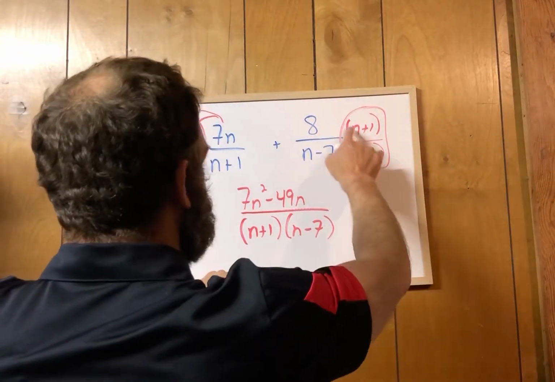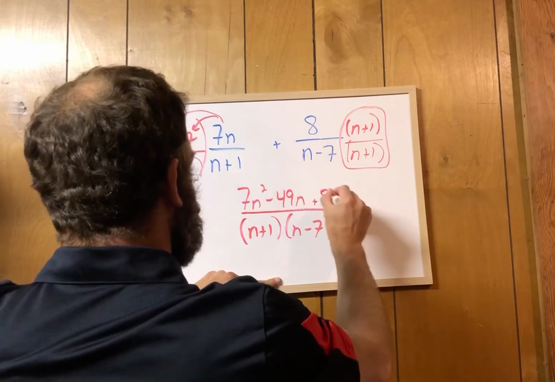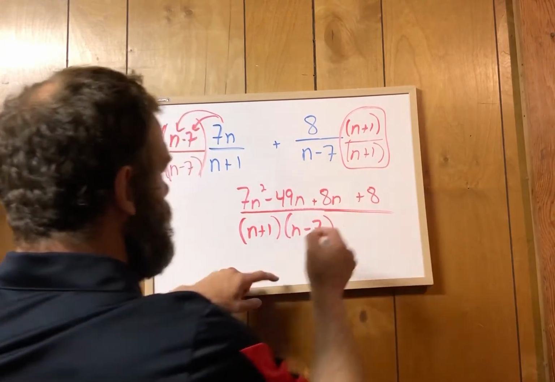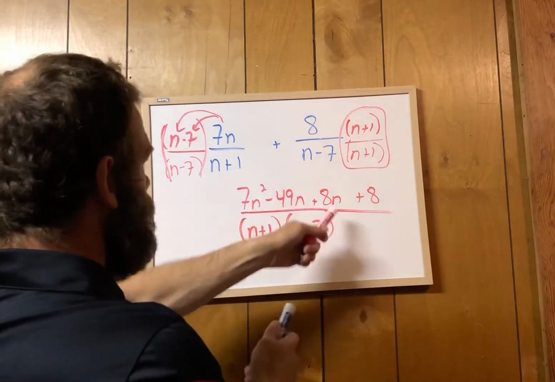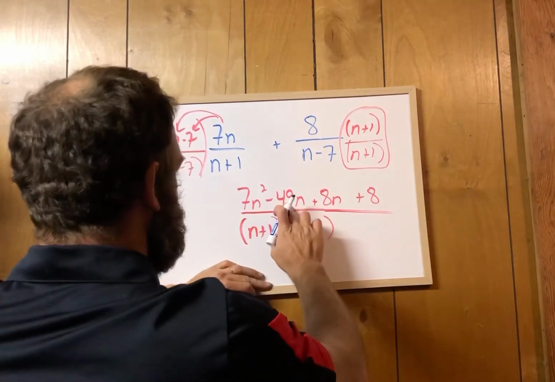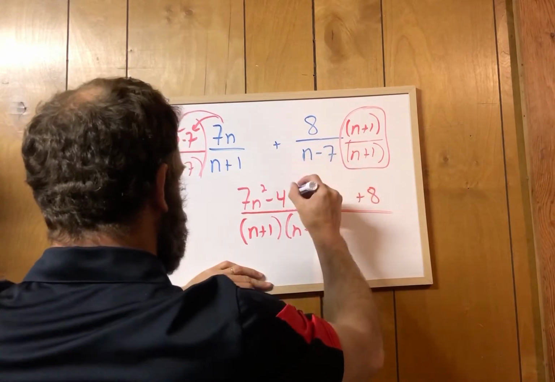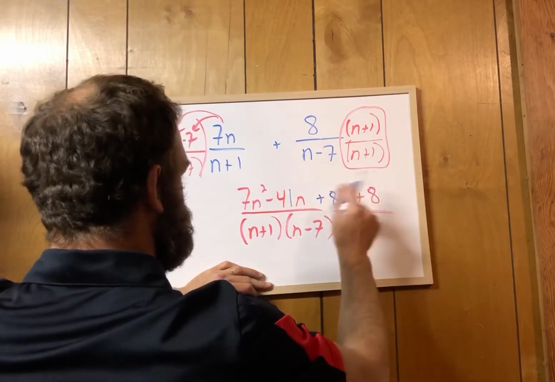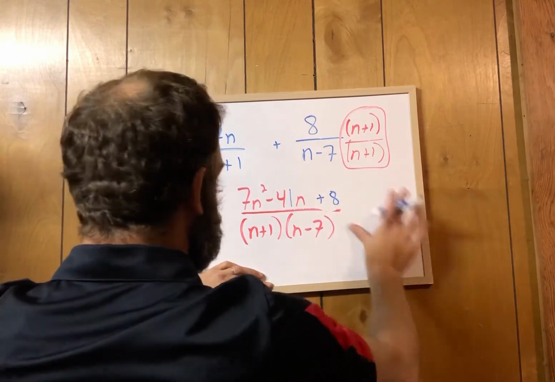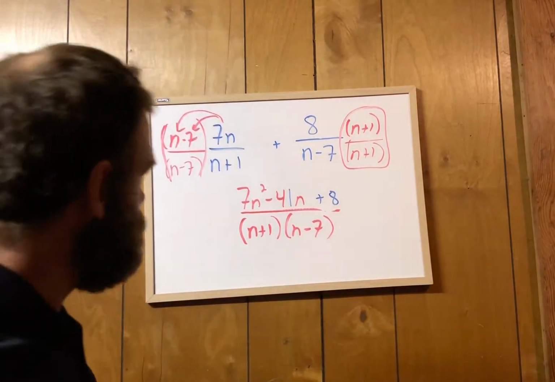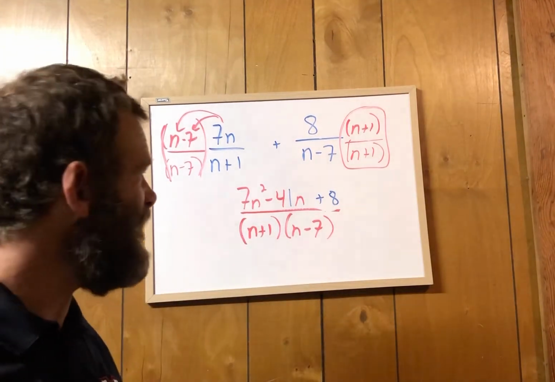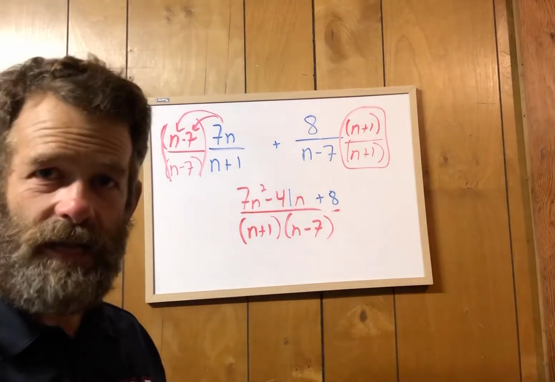Anyways, 8 times n is a positive 8n. 8 times 1 is a positive 8. And then my very last step is I'm just going to combine these two together. Negative 49, positive 8 is a negative 41n. And then I'm just going to move this 8 over. Here we go. That's it. And then you're just going to leave your answer just like that. And that is called adding and subtracting